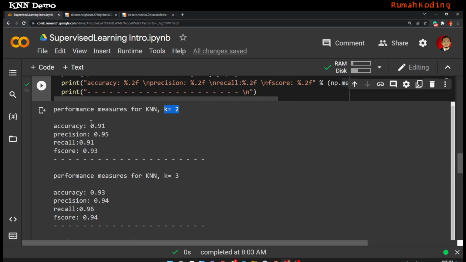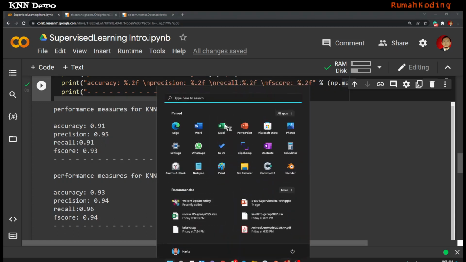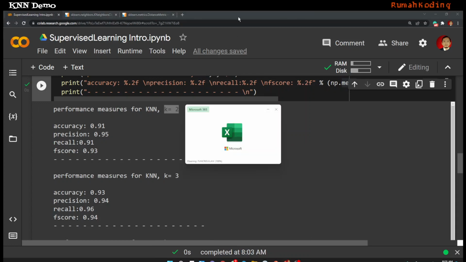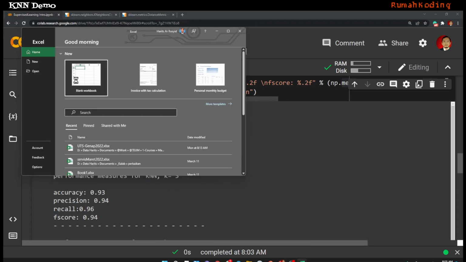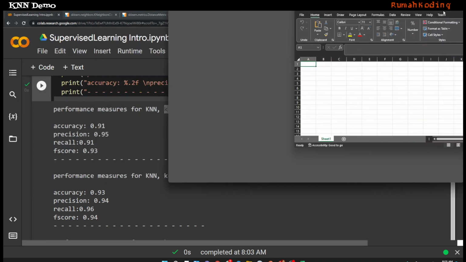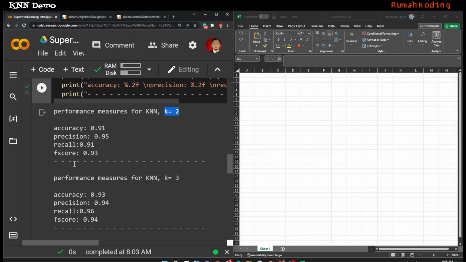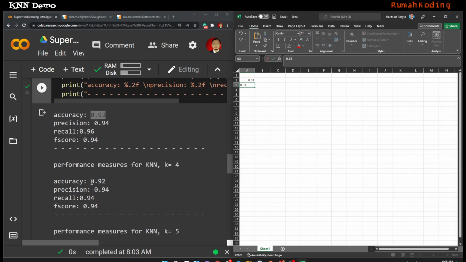to show the changes of accuracy between various K and then precision between various K, recall. Jadi misalnya kita punya Excel ya. Jadi ini kalau cara manual, then you need to use Microsoft Excel. You put out the values 0.90 ini ya, terus ini ambil lagi ini, terus ini ya,